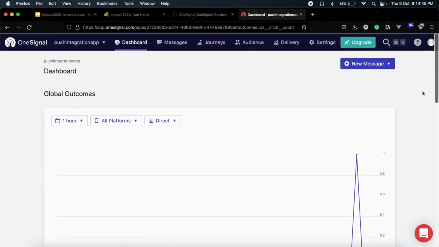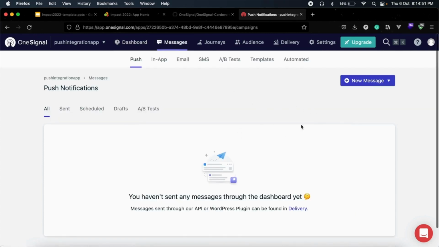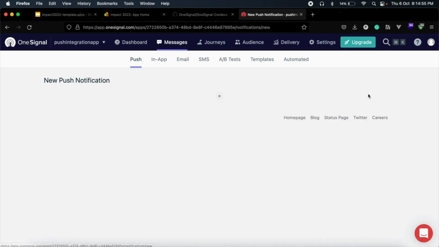Now if we want to send a message, we'll go to messages, and there are no messages here. So I'll click on new message, new push,